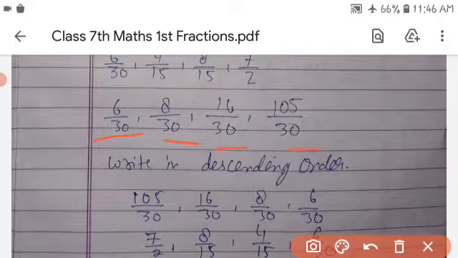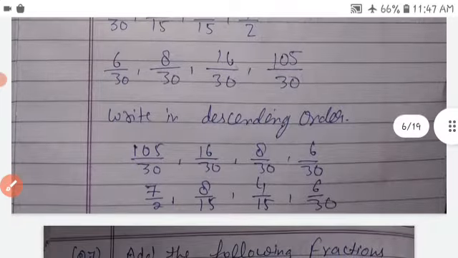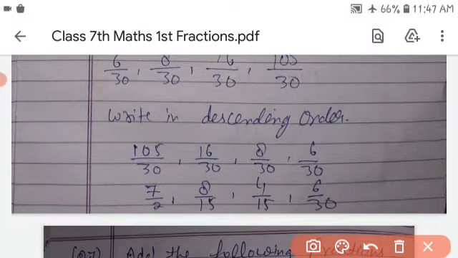Now 3 times 2 is 6. Now 4 multiplied by 2 is equal to 8, 15 times 2 is 30, 8 times 2 is 16, 2 times 15 is 30. Now 7 times 15 is 105. Now arrange in order, which is the greater number, first, second, third and fourth. Write down the numbers and change to the original form. 7 by 2, 8 by 15, 4 by 15 and 6 by 30 is the answer.